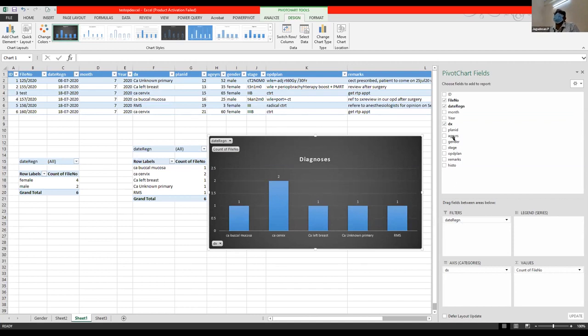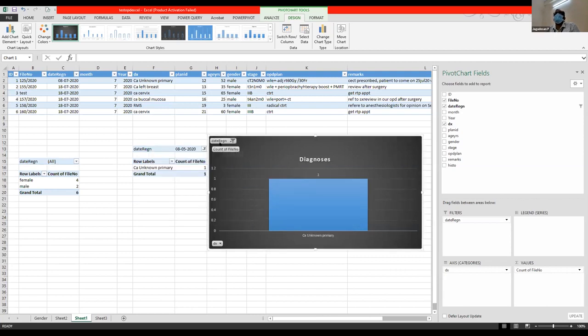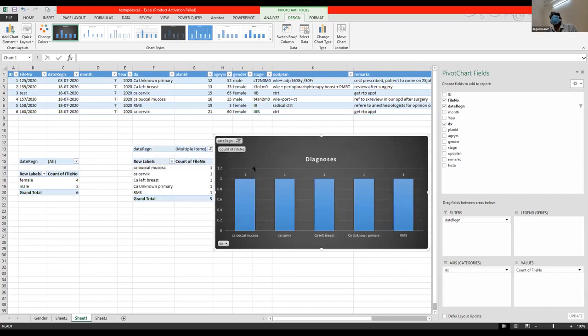All right, so we selected the date of registration over here, and it has already come up here. Now we can click inside, select the dates we want and say okay. The patients registered on that particular day get shown up here. Of course, if you want multiple dates, you can select multiple dates, and it shows the patients registered on all the multiple days. Sometimes you would want to select the month. If you want to select the month, the option is to convert the dates into months. So how do we do that?